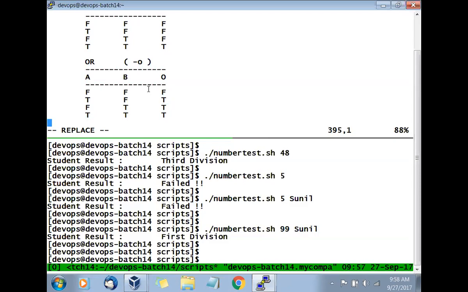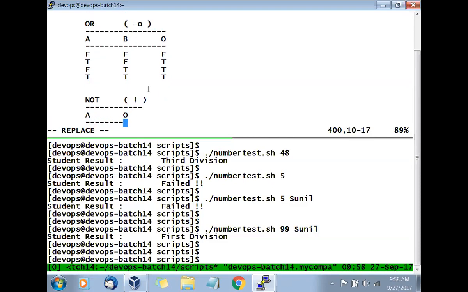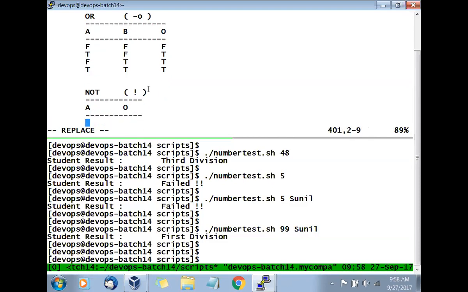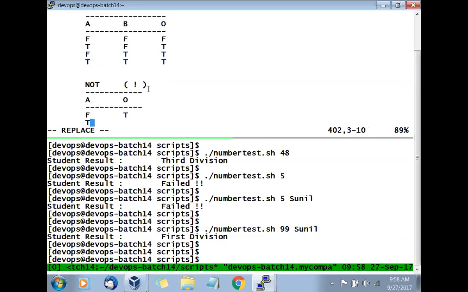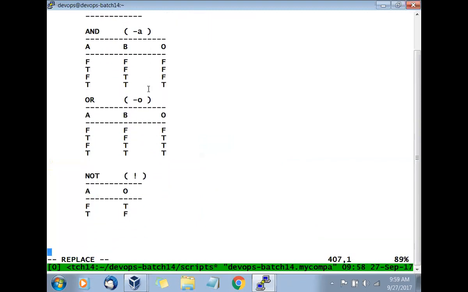That is the change. And what about NOT? NOT will only take one input. How many inputs? One input, one output. If the input is false, the output is true. If the input is true, the output is false. Is this clear? So please write it down.